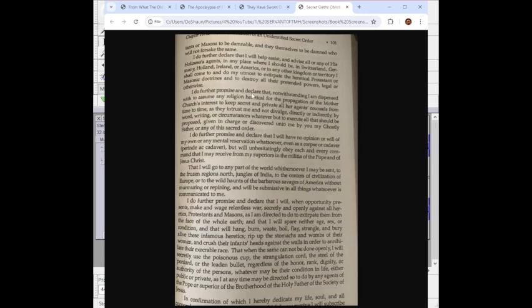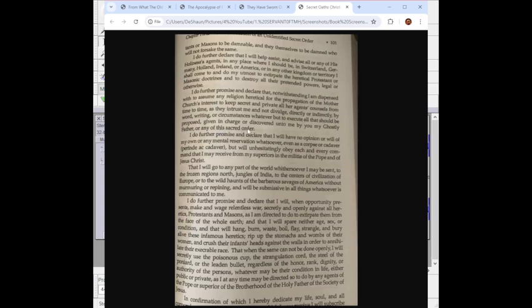I do further promise and declare that notwithstanding I am dispensed with to assume any religion heretical for the propagation of the Mother Church's interests, to keep secret and private all her agents' counsels from time to time, as they entrust me, and not divulge directly or indirectly by word, writing, or circumstances whatever, but to execute all that should be proposed, given in charge, or discovered unto me by you, my ghostly father, or any